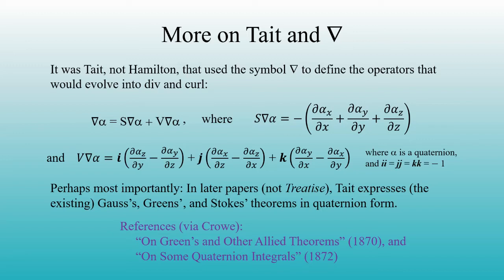It is important to note that, at least in the first edition of Tait's elementary treatise, which is the one that I have, he does not include a quaternion derivation or formulation of the pre-existing Gauss's theorem, Green's theorem, or Stokes' theorem. This is important for our story, for it was these derivations that Maxwell will himself use at the very beginning of his classic 1873 Treatise on Electricity and Magnetism. There may have been some back and forth between Maxwell and Tait on this. Tait did publish papers on these theorems in 1870 and 1872.